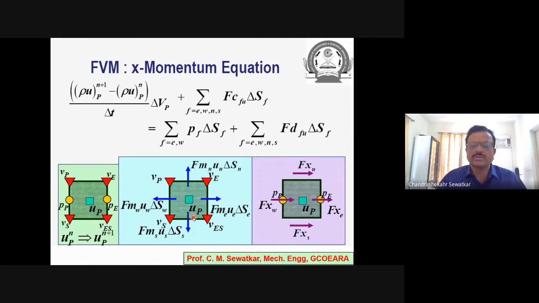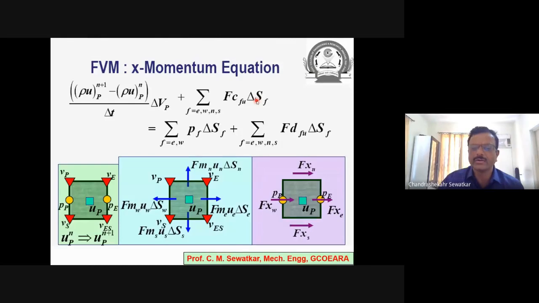the interpolation of the velocities, and we multiply those velocities with rho to obtain the mass flux. If I multiply that mass flux by the corresponding area, what I obtain is the total mass flow rate, and if that mass flow rate is multiplied by the variable at the faces, what I obtain is the total convection of that variable. Here in this case the variable is u velocity. In every case the variable is u velocity because we are applying it to the x momentum equation. If I add all these four terms, what I obtain is the total convection occurring across all the faces of the control volume. That's my second term.